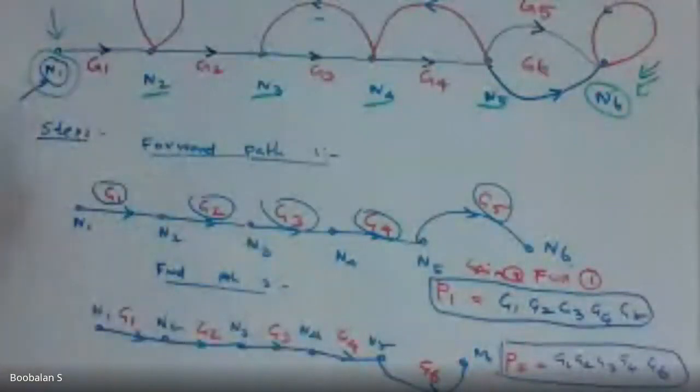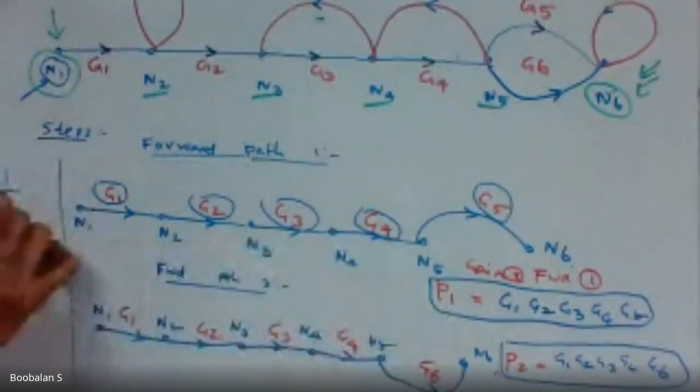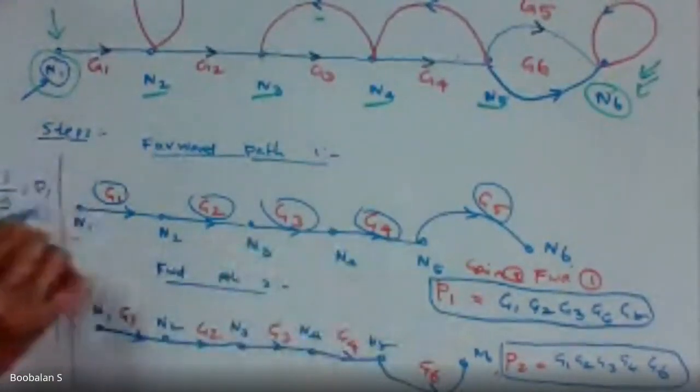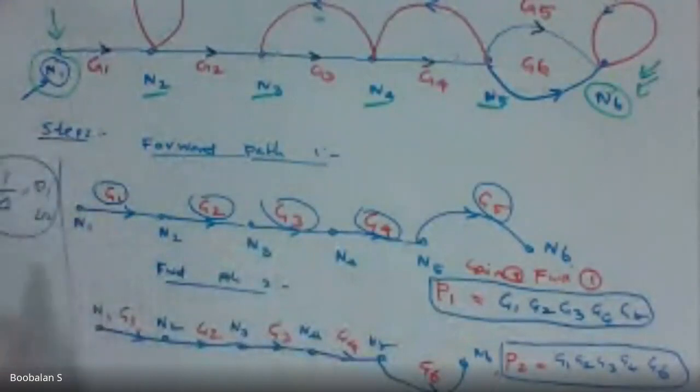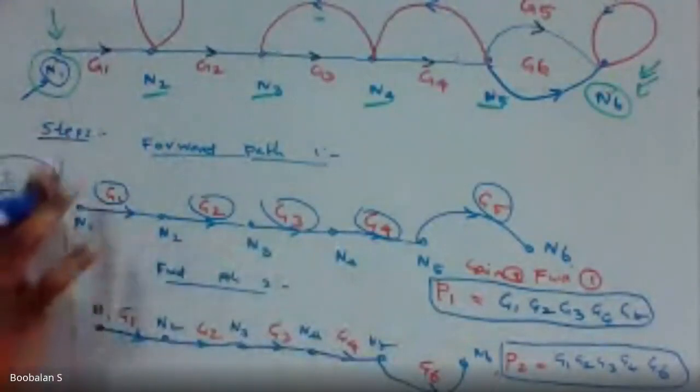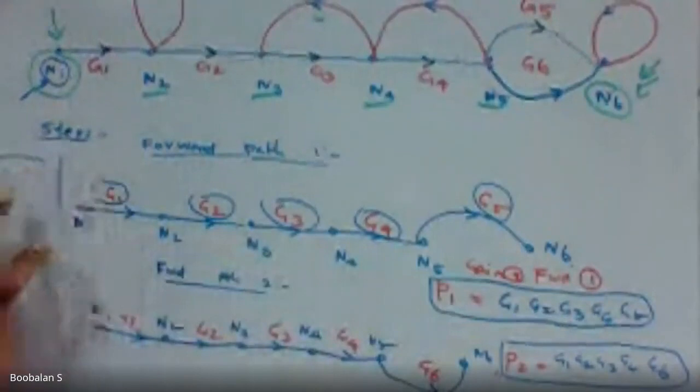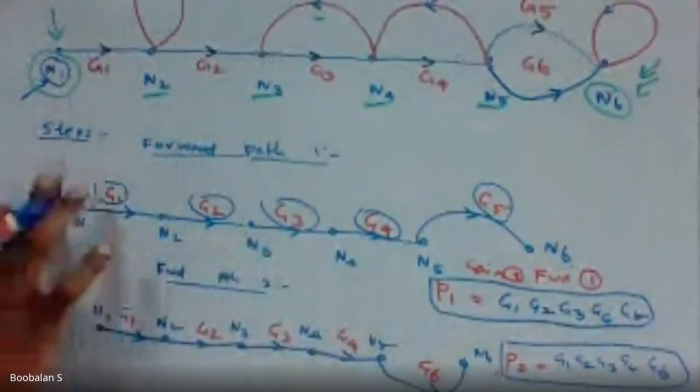Similarly, one more problem we are going to solve in forthcoming classes. There we'll have a number of forward paths, and we need to solve all of them, draw individual diagrams, and calculate those gain values. Still more remains. So this is called P1 del 1, we have finished only P1 and P2. Other terms in the equation are 1 by del, del 1, and del 2. We need to find those in forthcoming classes. This problem is not yet complete. Only 25% is completed. Remaining things are there.